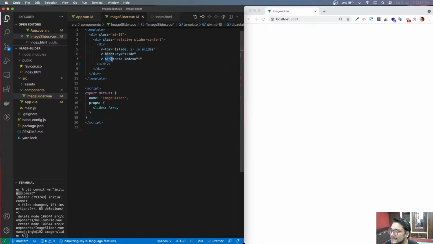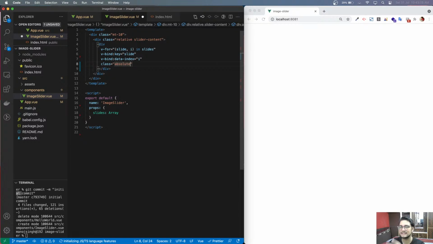The reason I'm binding is because this is a JavaScript expression, and in order to tell Vue.js that you need to use the value inside i, I just have to bind it. And we bind data index. I think that's pretty much it. The other thing that I have to do is add a class to it. So class will be absolute, right? Absolute, the reason being all the slides will sit on top of each other, and the other will be shadow-lg. Shadow-lg is basically going to provide shadow to the whole